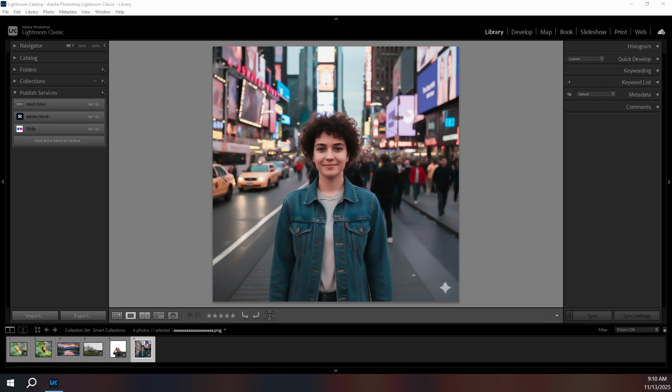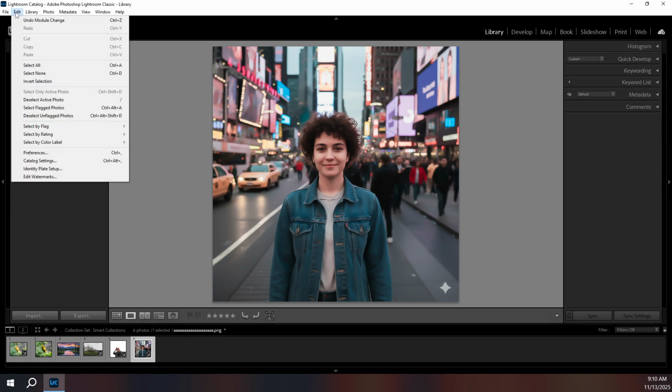First, open up Lightroom on your computer. You'll want to direct your attention to the top left corner of the screen. This is where you'll find the menu bar with various options for editing and organizing your photo library. Next, click on the Edit option from this menu. It's a straightforward step, but very important, as it gives you access to the settings where we need to make